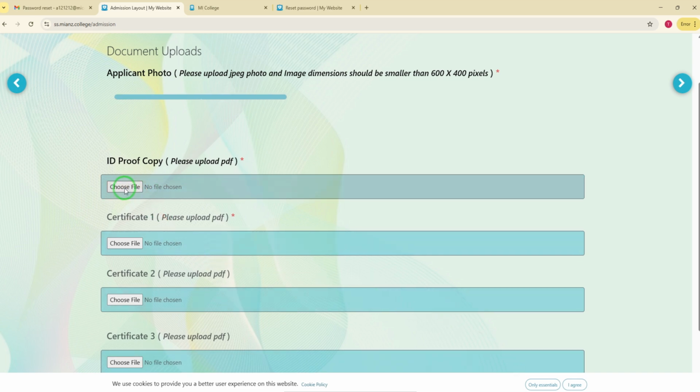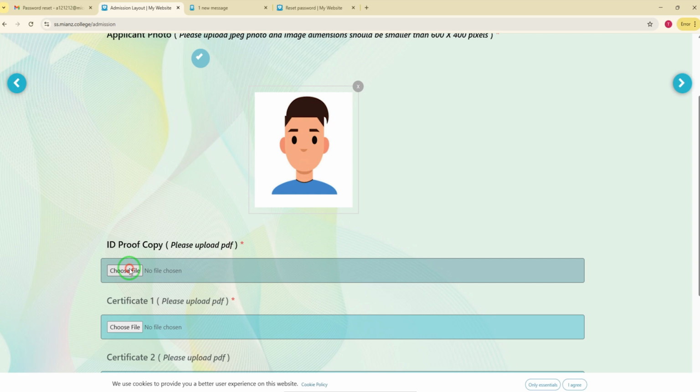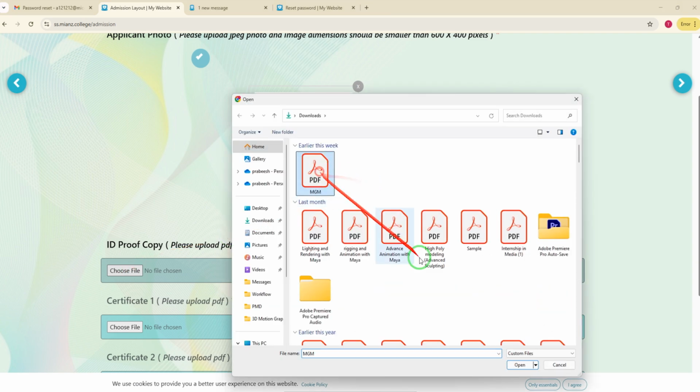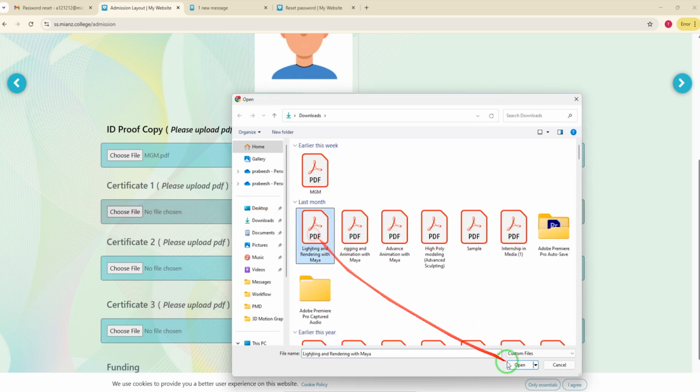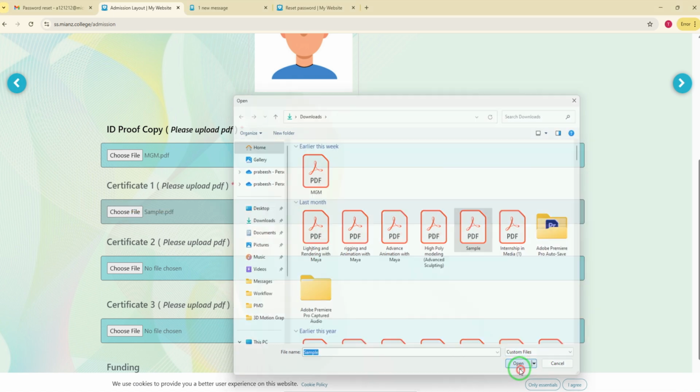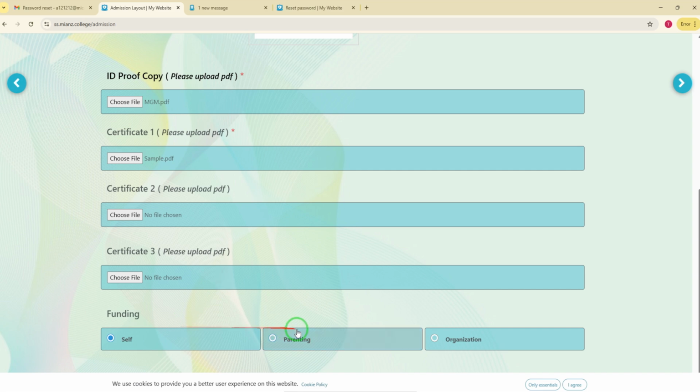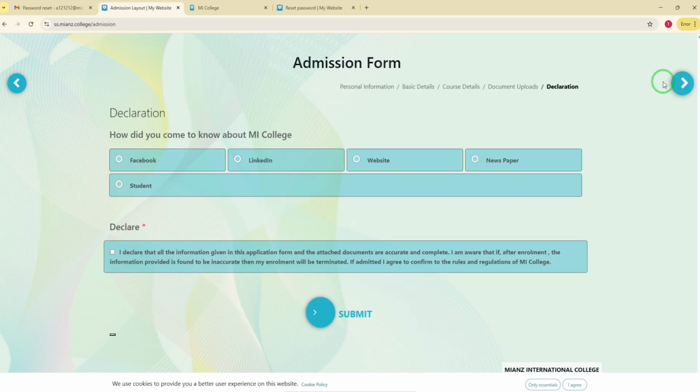And then the ID card copy should be in PDF format. And then the other certificate documents you also need to upload here. And then whether your funding is done by self, or parent, or by the organization. Then click next. In here, how did you come to know about us, whether through Facebook, through the website, or through other